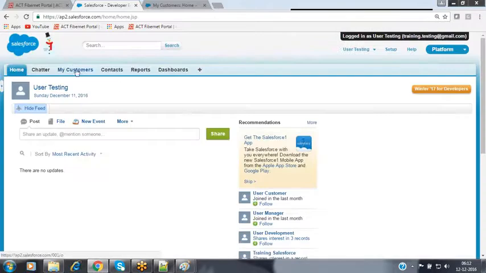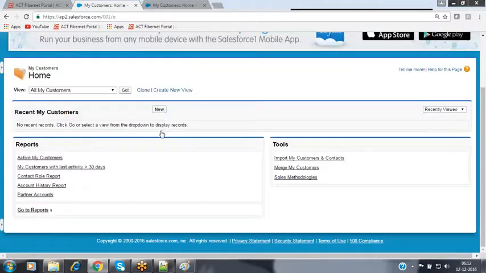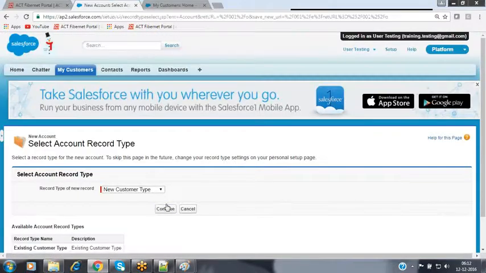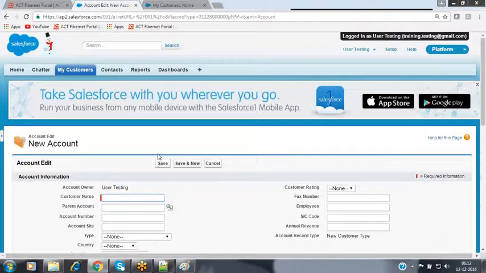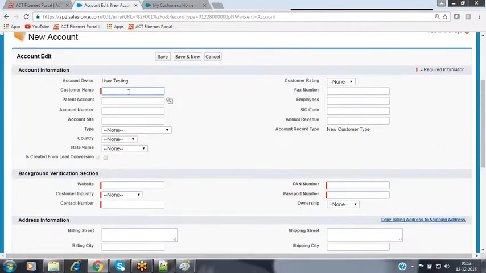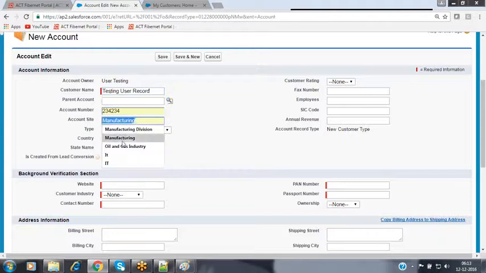Let's create one more record by the testing user. I'm creating one more record, testing user record. I'm entering the required details to create that record.